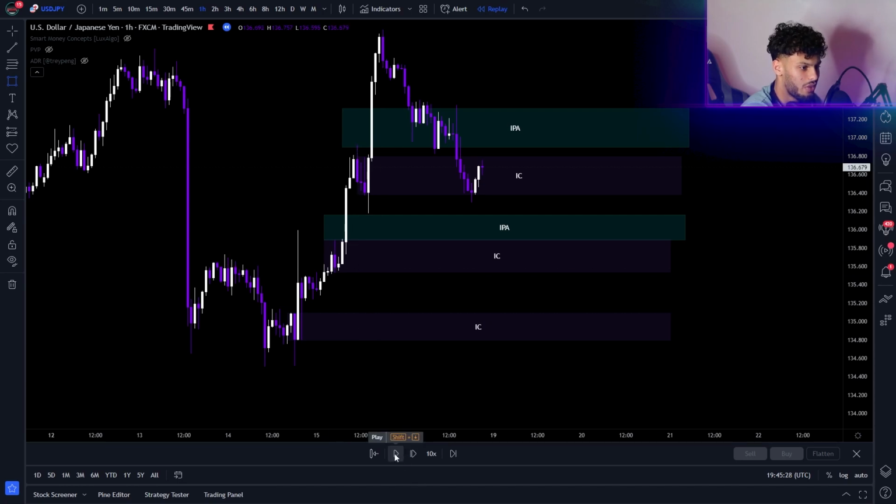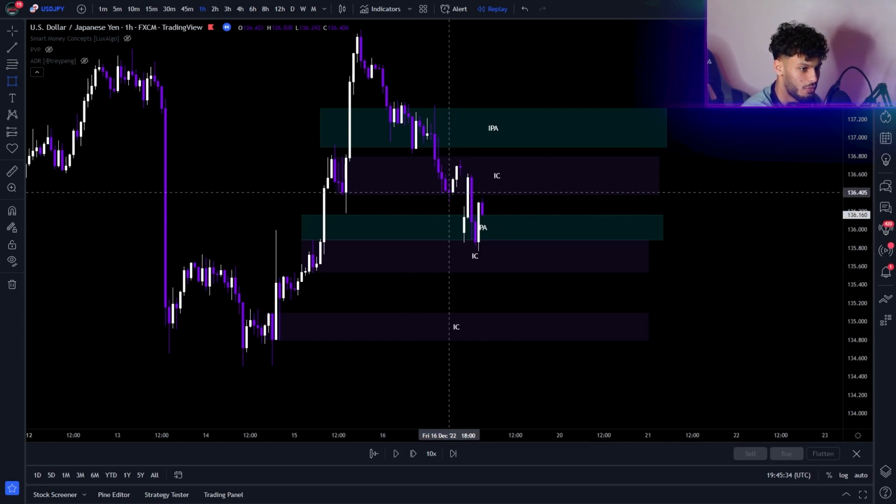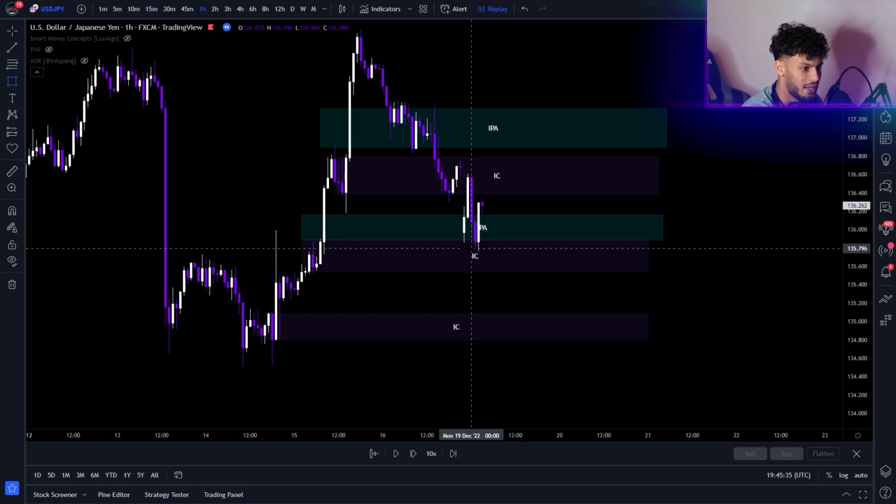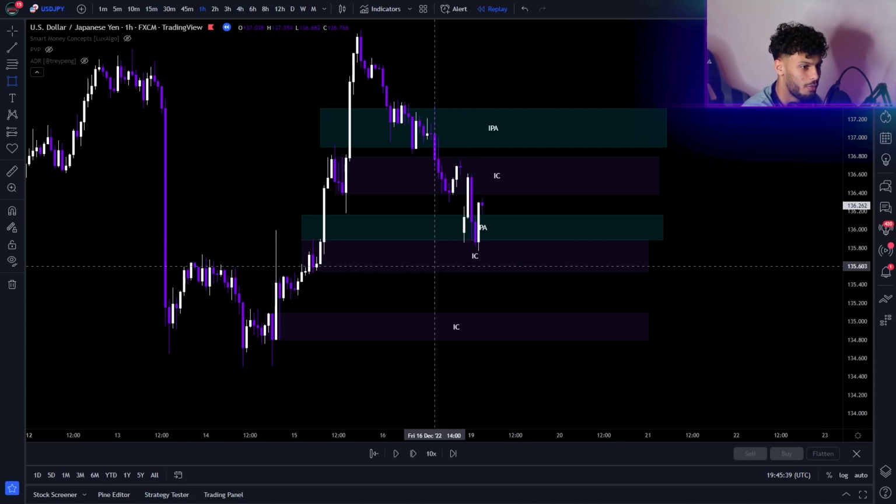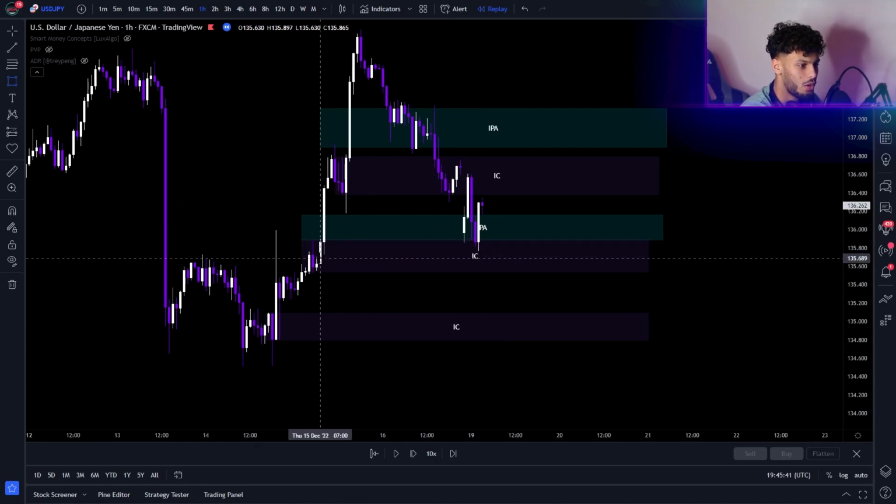So now what I do is I wait for price to approach the zone. I don't have a buy limit, nothing. I'm just waiting for price to approach this zone. And boom, price taps into my zone. And now this is when I start pulling up my order flow as we tap into the zone. Now what I need to see